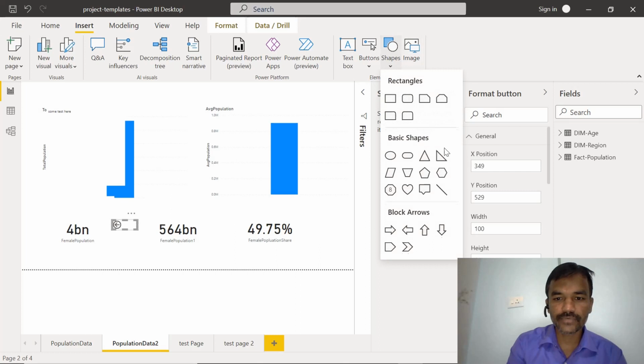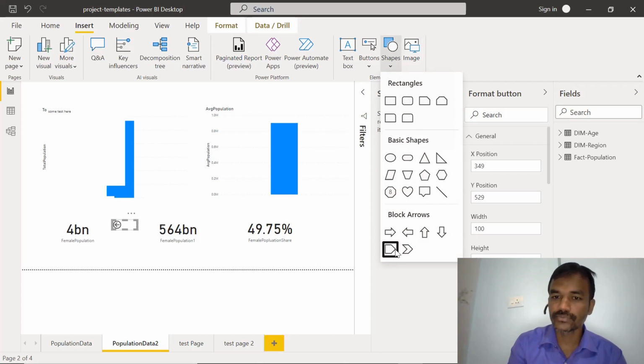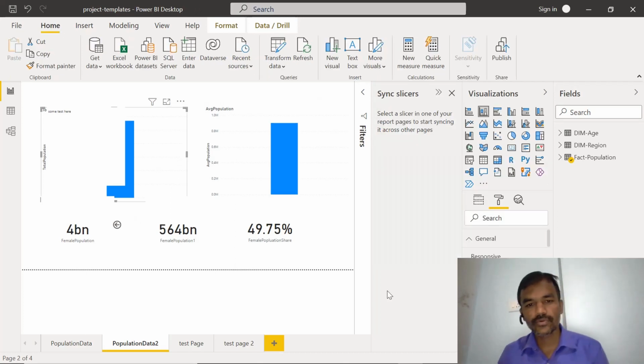There are some shapes available. If you want to use them, then we can use these shapes as well. So these are all the things available, and this is all about the visualizations. In the next video we will see how to create a visualization, one example, and then we will go into further detail about the visualizations and, specific to the charts, how to use them.